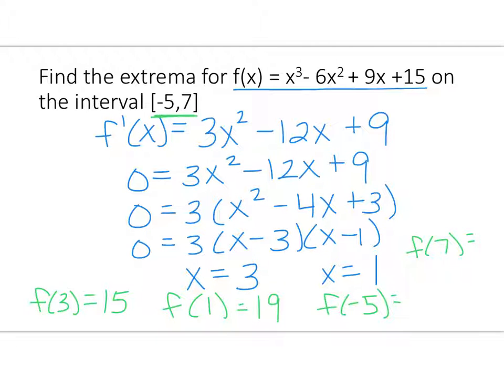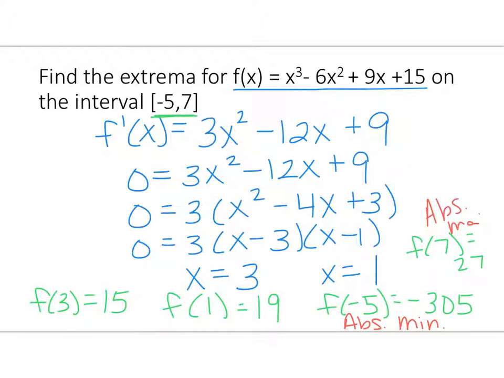When I plug in negative 5, cubed minus 6 times negative 5 squared plus 9 times negative 5 plus 15, I get negative 305. And then when I plug in my 7 cubed minus 6 times 7 squared plus 9 times 7 plus 15, I end up with 27. So when I'm looking at this, I can see that I have an absolute minimum at negative 5. I have an absolute max